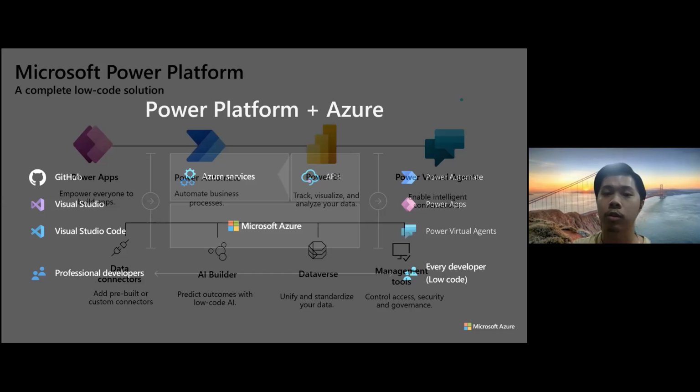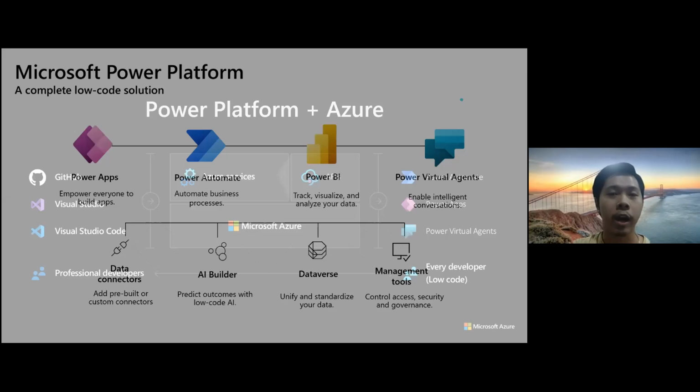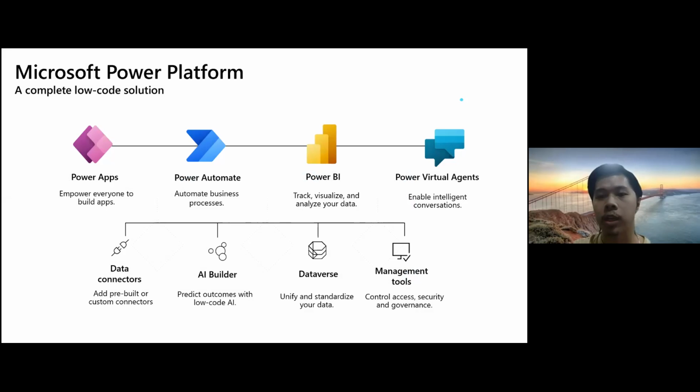So let's first talk about Microsoft Power Platform. Microsoft Power Platform is a product family that delivers innovative business solutions across one seamlessly integrated platform. On the left here, we have Power Apps. Power Apps enables everyone to build custom apps quickly and easily. Then we have Power Automate, allowing you to automate workflows and processes. Power BI allows businesses to analyze and visualize real-time business performance data, while Power Virtual Agents helps integrate AI capabilities by creating intelligent virtual agents or chatbots.